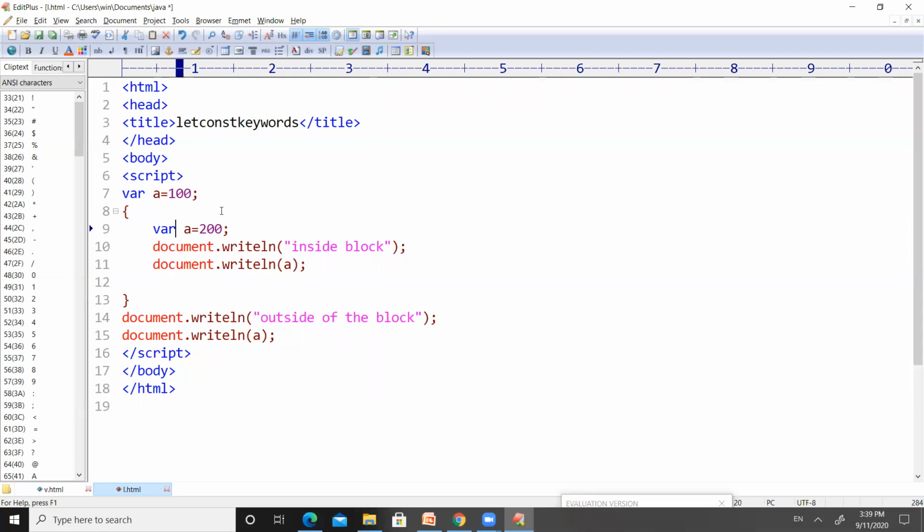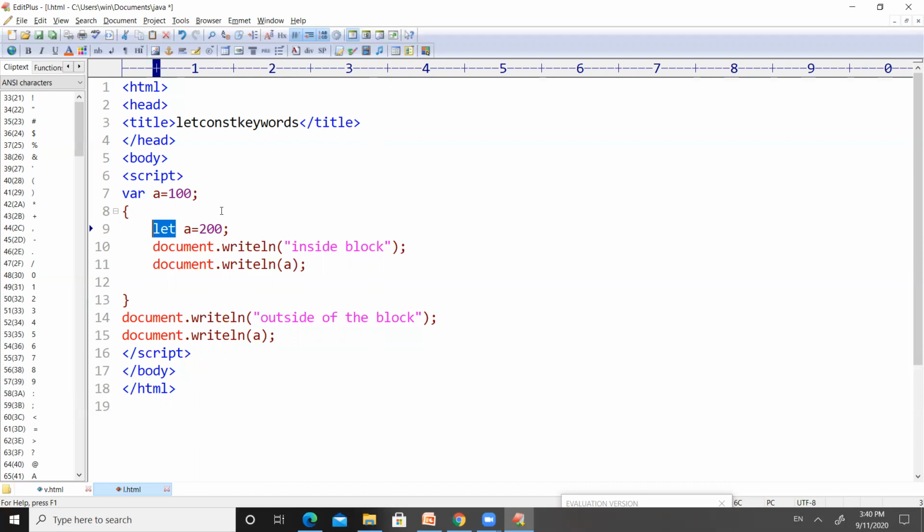And at the same time, when we use the let keyword here, the value of A will be updated between these two braces. And outside of the braces, the value of A will be 100. So let keyword is used to bring some block scoping. So whenever you want to have certain value inside a block, then we can use the let keyword.